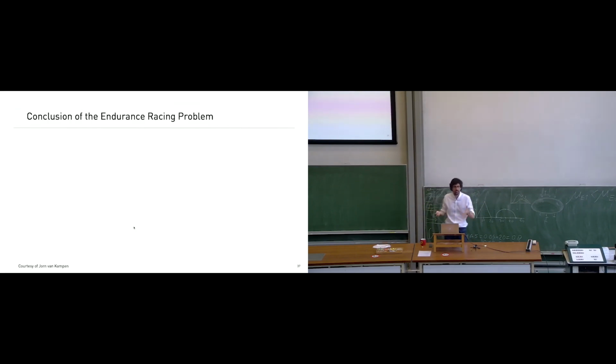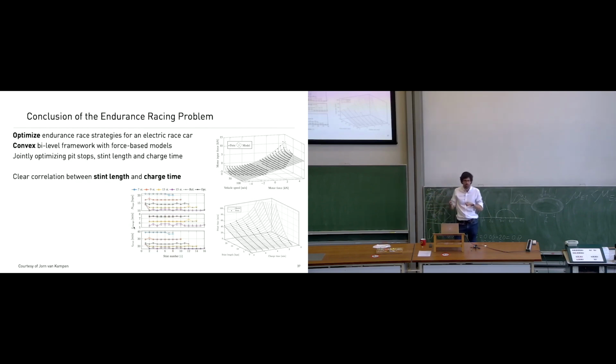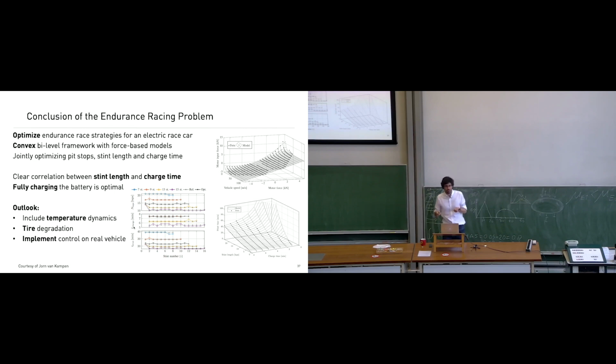Or if you're at a master thesis or at a BEP or at a conference, then the talk is more focused, and you want to say what did we do. The racing problem with emotion by Jorn. Okay, we did a model. Oh, I saw that before. That plot is not new, right? We had some results. This is what we learned. There's a clear correlation between the stint time and how long we charge when we stop. Fully charging the battery is optimal whenever you stop. And in the future, we would like to look at temperature dynamics and so on. And by the way, as we studied temperature dynamics, we found out that fully charging the battery is not optimal, which is pretty interesting. Okay?